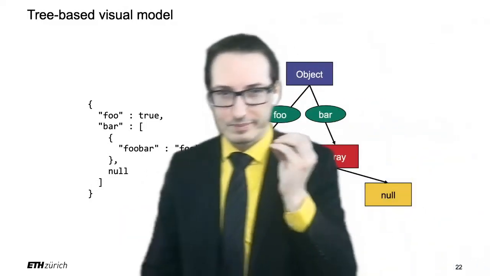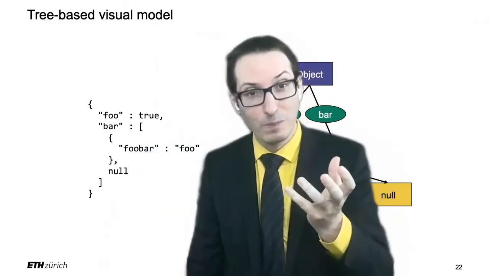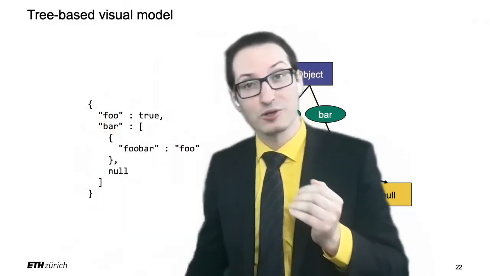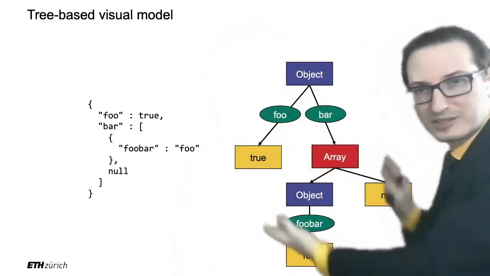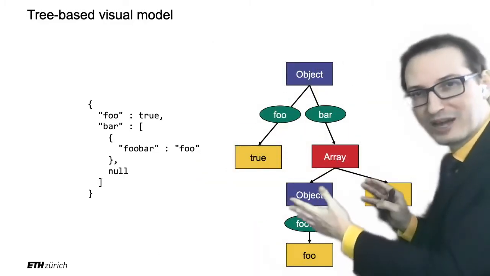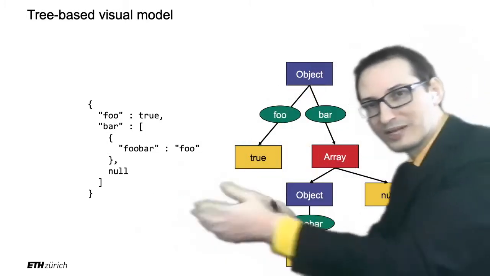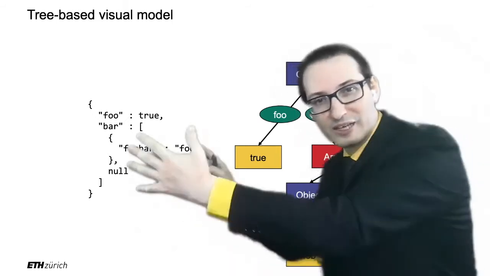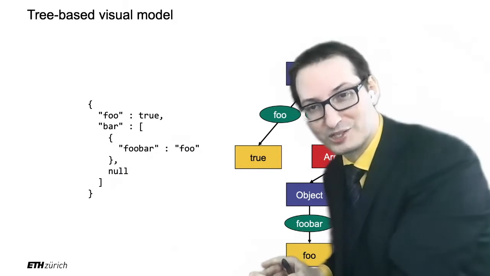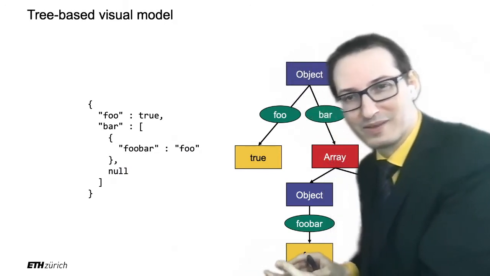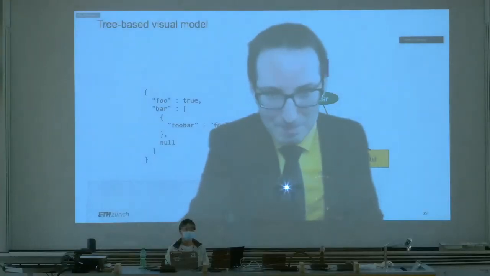One of my learning objectives is that I would like you, when you look at a JSON and an XML document, to immediately and spontaneously see this in your mind without even having to draw it. If you look at this, this is what I want to have in your brain. For whom is that already the case? If I give you this, you actually see that tree. Can you raise your hand, just for me to get an impression, in the lecture hall and in the chat? I see a couple of hands in the lecture hall.